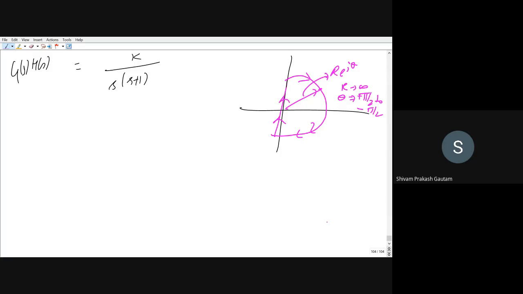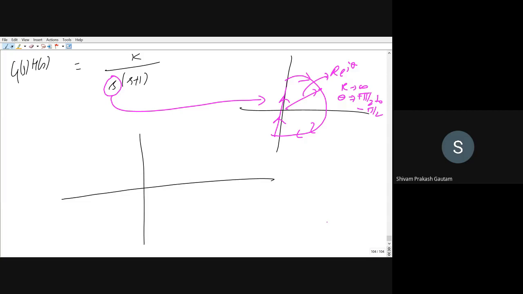But now, since we are having a pole at the origin, if we consider this as the Nyquist contour, this will include this pole. Now to exclude this pole, we have to draw a second Nyquist contour. And this Nyquist contour should exclude this pole at the origin. So I will take a smaller circle so that it is taken care of. Now I will draw the bigger circle.